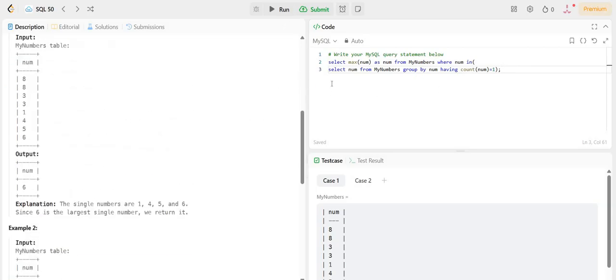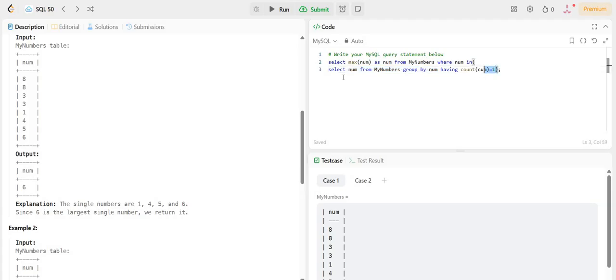Grouping by num means it filters all the rows with unique values. After filtering till here, the output would be 8 3 1 4 5 6, and you will have the count where the number is equal to 1. The number should not repeat more than once, so the count should be equal to 1.